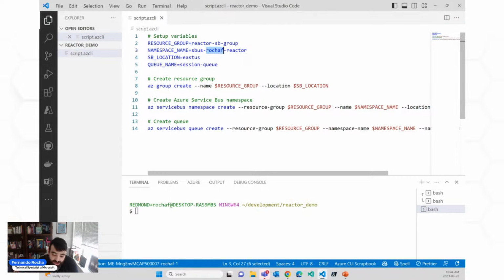There are a couple of things here on Service Bus that everyone has a pattern on how to create or name their services. I like to do it in a particular way where I put the initials of the service at the end. Service Bus does not allow me